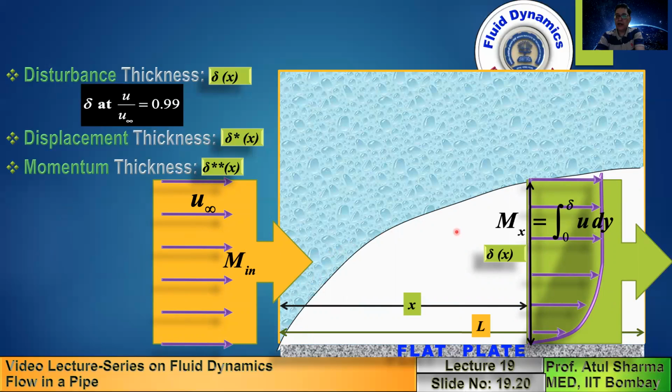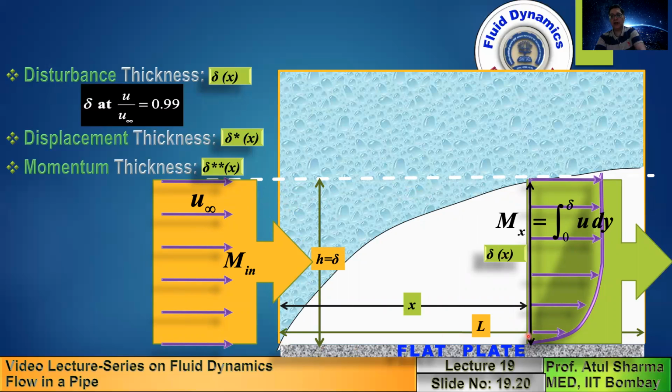Mx is the mass flow rate at axial location x. Now, if I draw a streamline starting from the inlet at the same height at which I am showing you this velocity profile, this height I denote as delta. So consider a streamline starting from the inlet. Now, the bottom wall of the flat plate